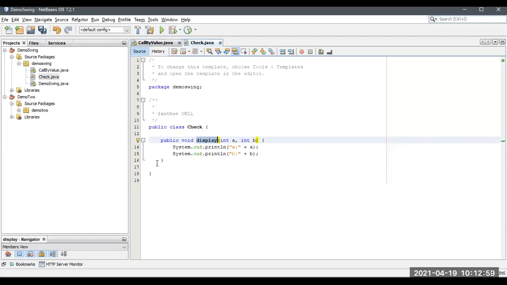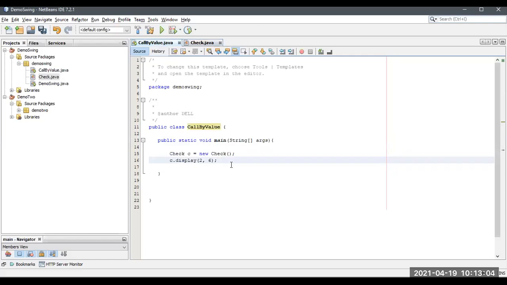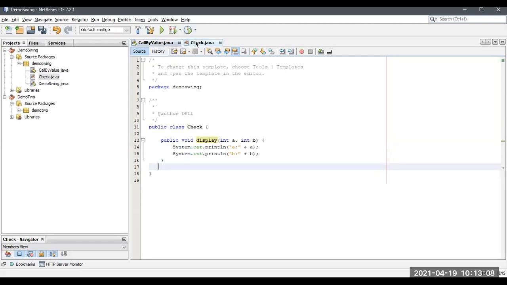If we send the value from the main method itself and it doesn't change, then we call it a call by value. At the time of a reference, we can change the value. So let me take another method.